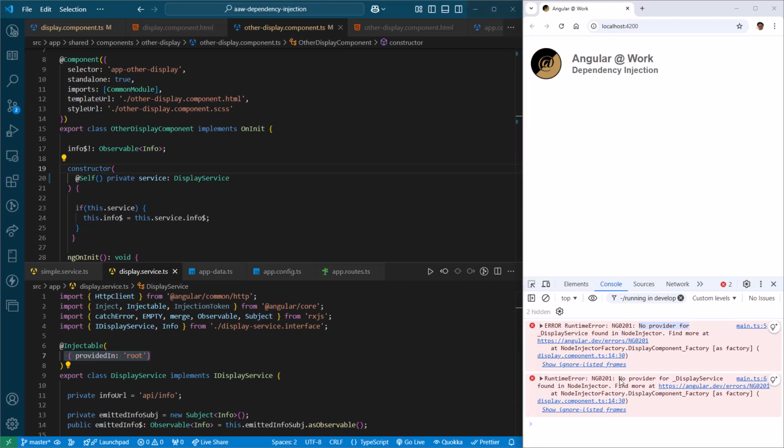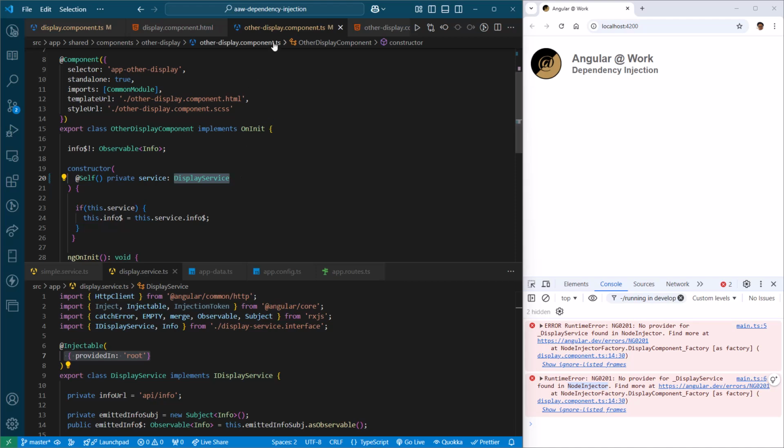Why are our components reaching the null injector error? Well, in actuality, they're not reaching the null injector error. They're reaching the node injector error. When we use the self modifier, we're mandating, we're requiring that the service be registered within the providers of the